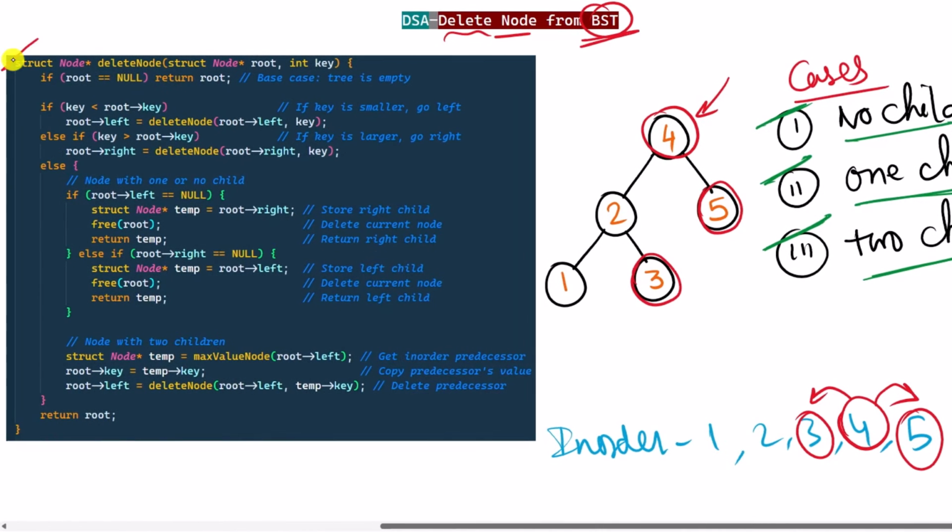So here we have the function to delete one node from the binary search tree. The function takes the root node of the tree and the key that we wanted to delete. So first of all, we're gonna check if the root is null. If the tree is empty, in that case we're just gonna return the root. Otherwise we have to find the node with that key value. So if the key is smaller than the root key, in that case we're gonna just look for that value